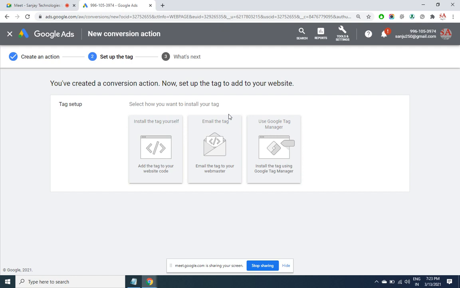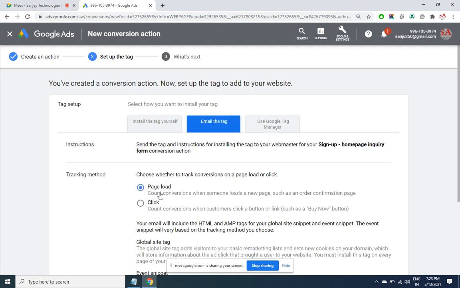You'll have to put that Google tracking code inside that function. This is a little technical, that's why Google has provided an email option here. That means whoever has developed your website, if you give his email ID, Google will send him an email with a series of steps, step 1, step 2, step 3, what has to be done. So I click here.